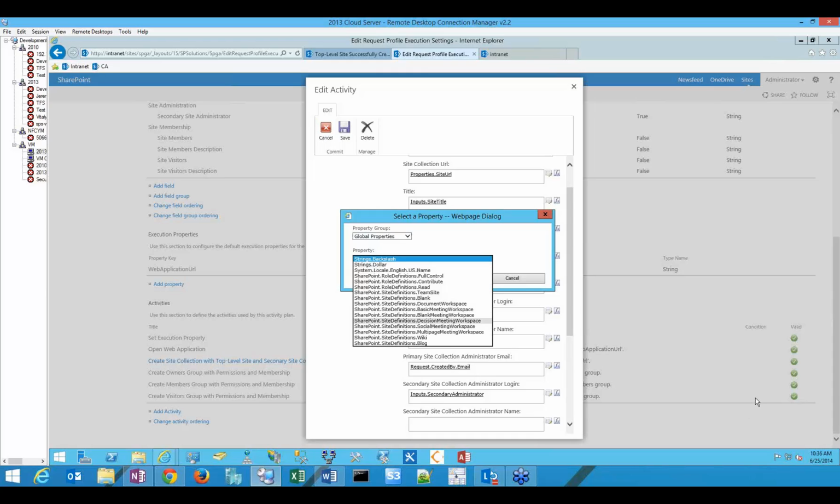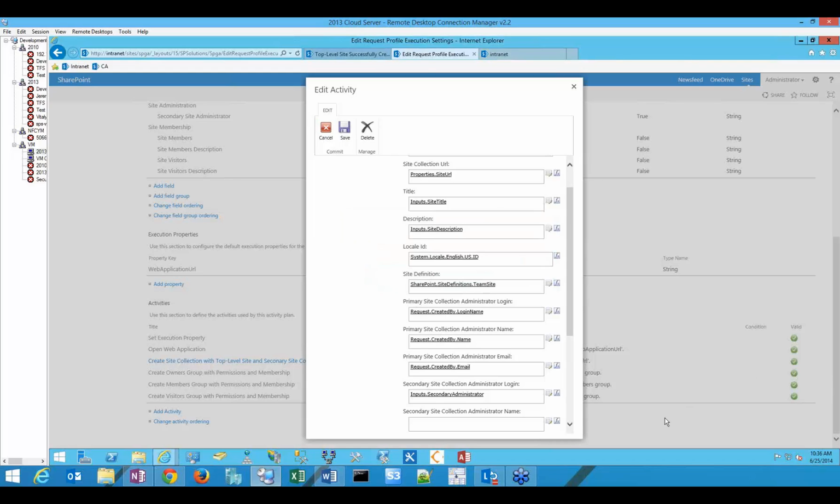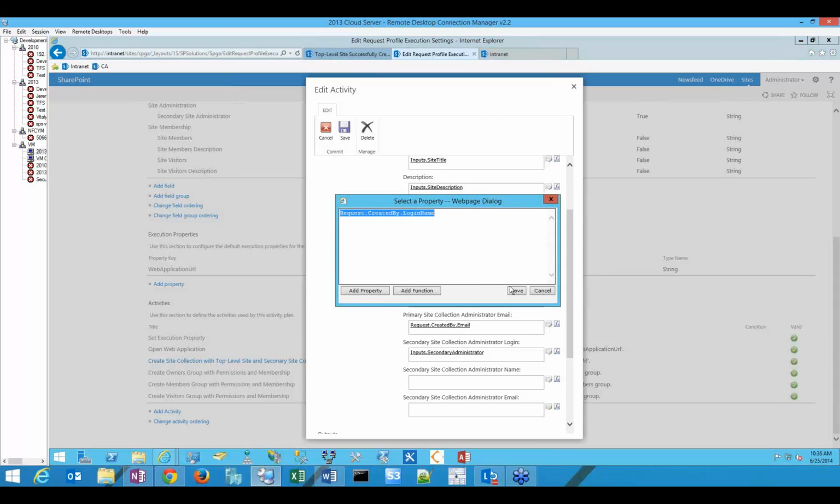If you have custom site definitions, you can certainly add your own and be able to select those here. As I said, we're going to make it use the team site definition, so we'll click OK. We also wanted to change the primary and secondary site collection administrators. You can see here how it uses the request created by, so that's why it was defaulted to Diana. We're just going to wipe this out and make our SharePoint administrator